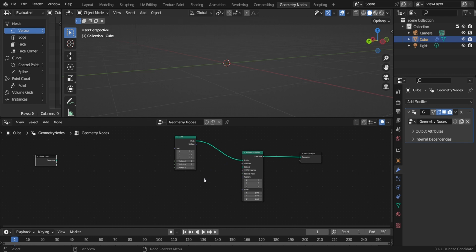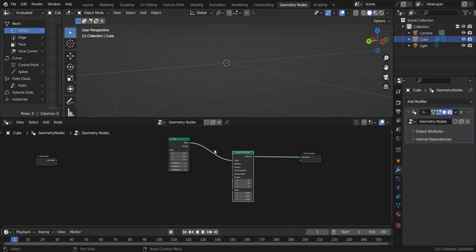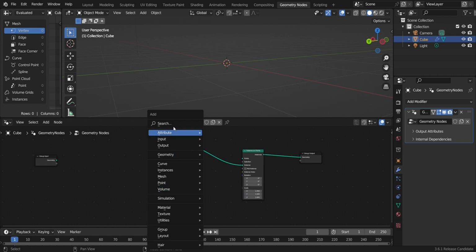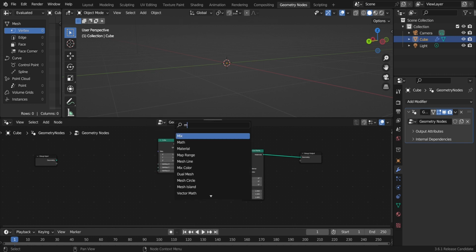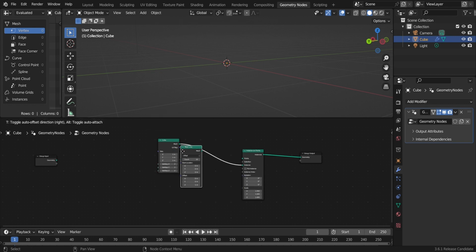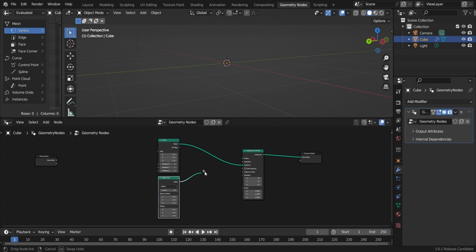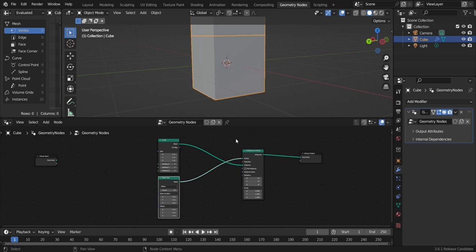So going back to this cube, since we want to instance, we're gonna connect it here on the instance channel. Then we're going to add a mesh line. So the mesh line is connected on the points channel. So now we can see